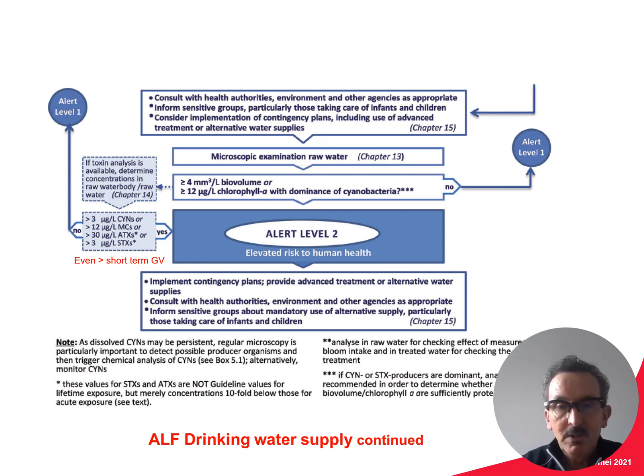And then the actions you would need to take are following up from the actions we've just mentioned. But again, communication with authorities, health authorities, and so on, with the public is still key. So that's how an alert level framework for drinking water would look like in reality. You can see on the side of the various slides that at any moment, of course, if you have the means like an LCMS or sometimes simpler means like ELISAs, you can do measurements of the cyanobacterial toxins so that for your system at that time, you can link biomass to toxin levels.